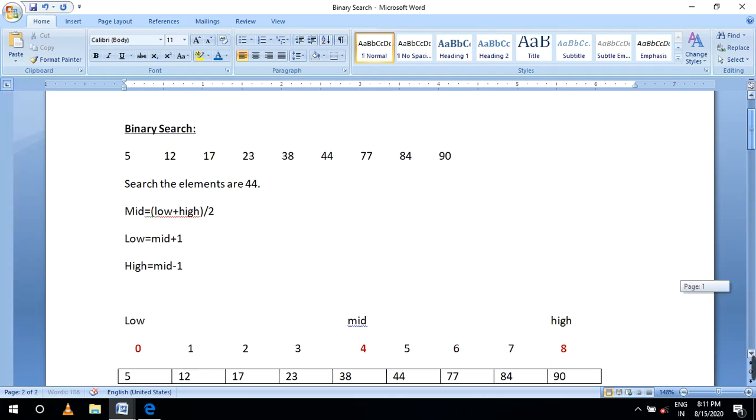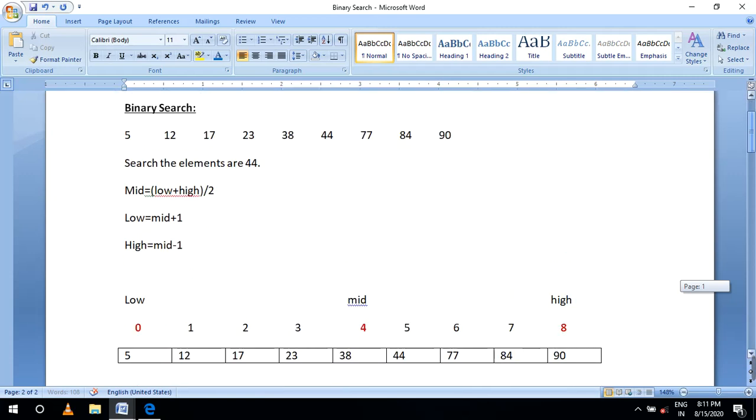Once again I will explain from the beginning. I am taking a total of 9 elements. You have to listen once again. In this array, the starting index is 0 and the ending index is 8. There are 9 elements in total. Inside this, I am calculating only using this formula.